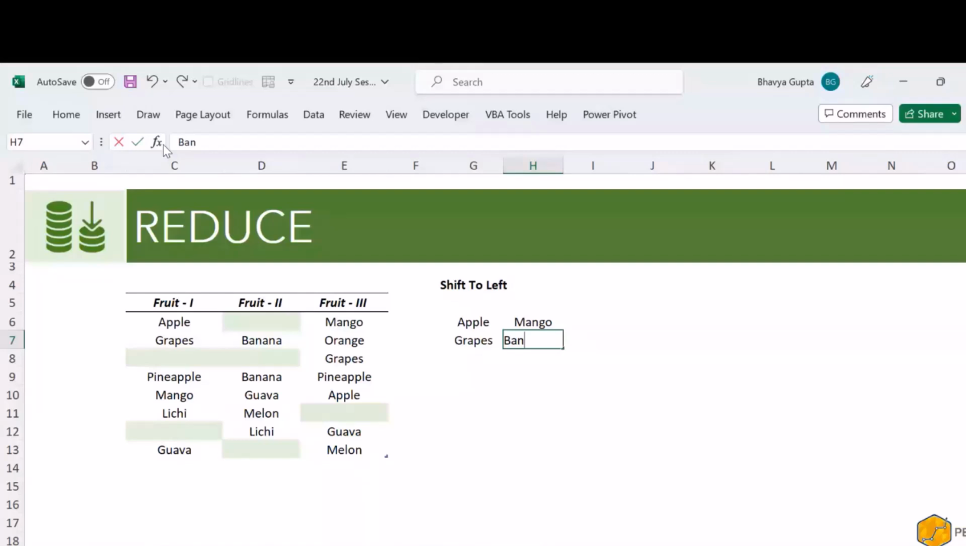Now for the third column, grapes will be here, and then the following two columns will be empty. This is the task that we have to perform here. Now, BYROW cannot be used here. Why can BYROW not be used here? Because if we see BYROW,